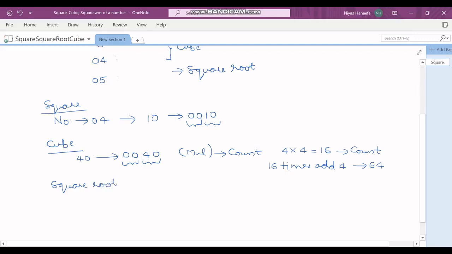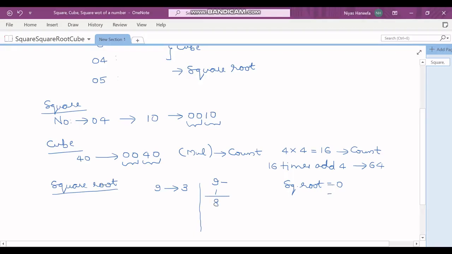That is our assumption, like 1, 4, 9, 3 and so on. So the square root logic is like this. Suppose the number is 9, the square root we have to get is 3. So how exactly this works is, initially the square root that we are going to save is going to be 0. Okay, then we'll do 9 minus 1, so the result is 8.